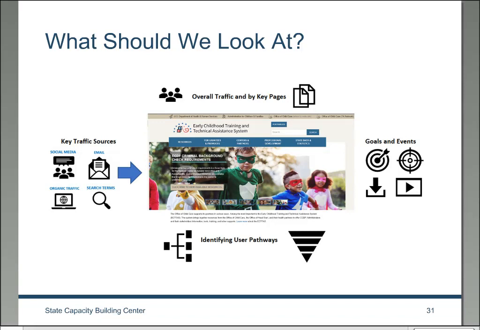And then what you look at is, it's maybe not the greatest image, but it looks like a funnel. It's really identifying what your happy path is, knowing that people came to this home page, then went to this content page, then went to this report page and downloaded it. The key is you have more information about people who don't do the happy path than those who do. How do you identify that and move people to your target?